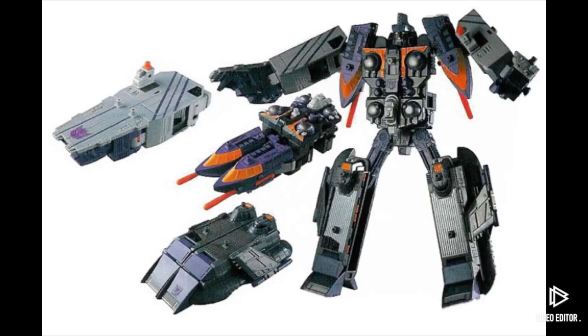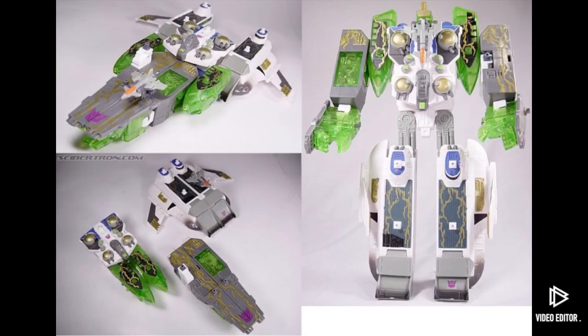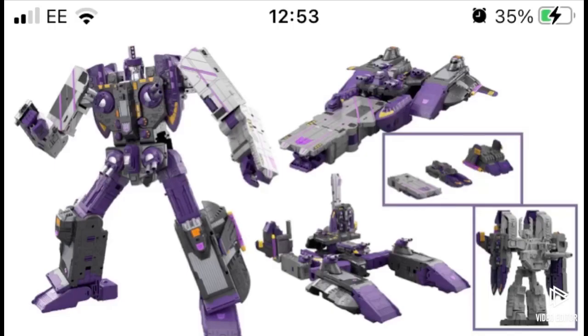The next variant we have is what he looked like in Transformers Energon, which is the animated sequel to the Armada TV show. And he's quite a bit different here, but he is very snazzy looking, albeit he is the same mould overall, just different colours. Now, as of the recording of this video, the Titan class version has not yet been released,